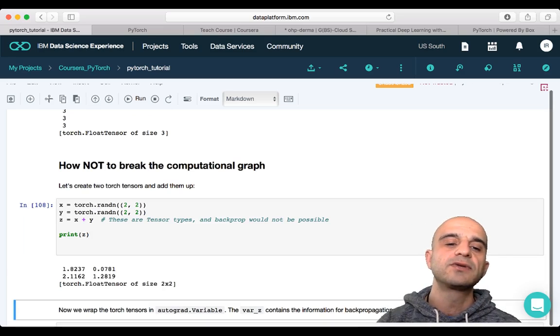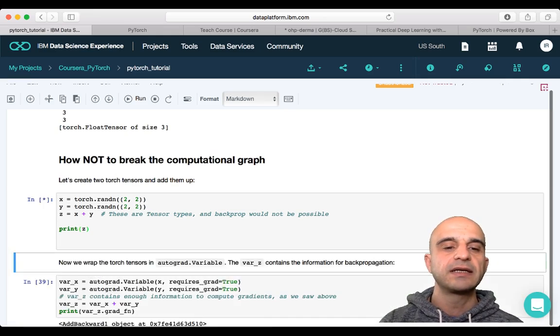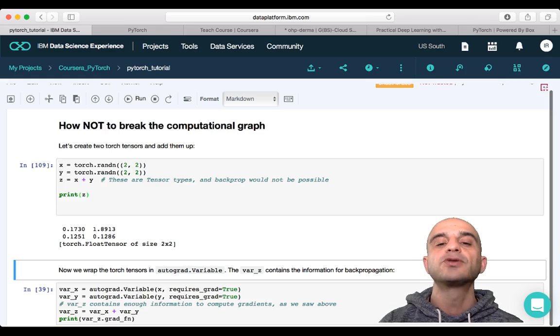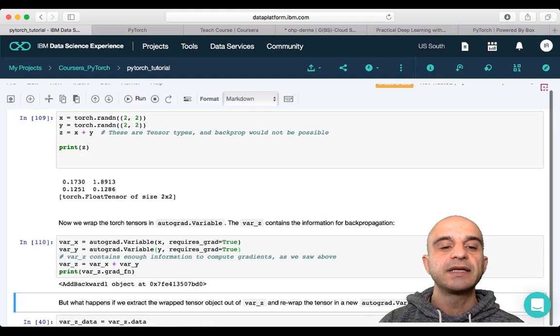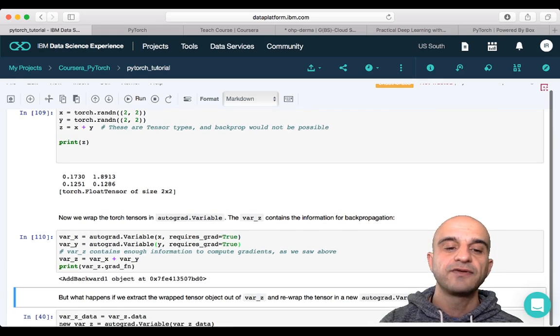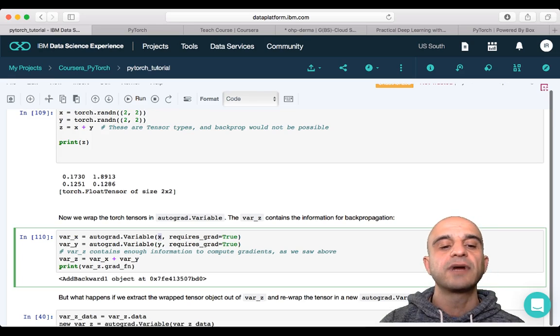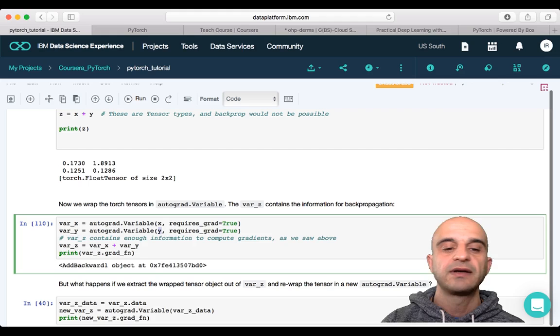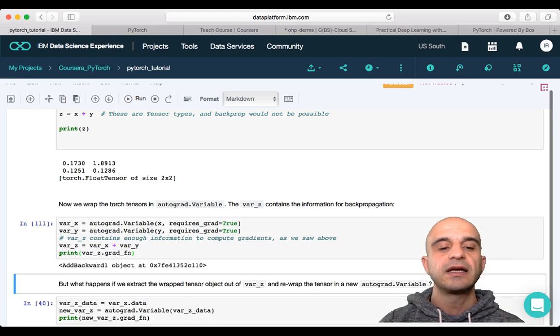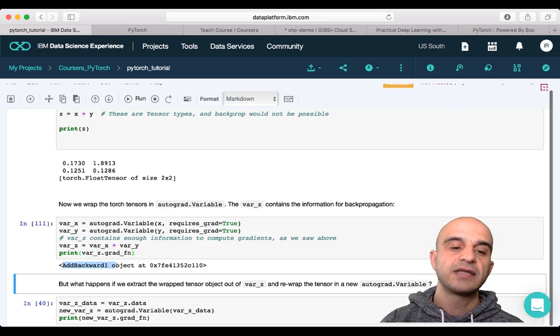Let us execute the next cell. In this cell we are creating 2 tensors of size 2, and then we are summing up these tensors. It's very simple. So we are getting actually a tensor of size 2 by 2, sorry. Now let us execute the next cell. Here we are creating autograd variable x out of x and autograd variable y out of y, and we say both times requires gradient true. So now we can sum up these variables, var x plus var y, and then we are printing out the gradient function, how it was created. Let us do this, and we see